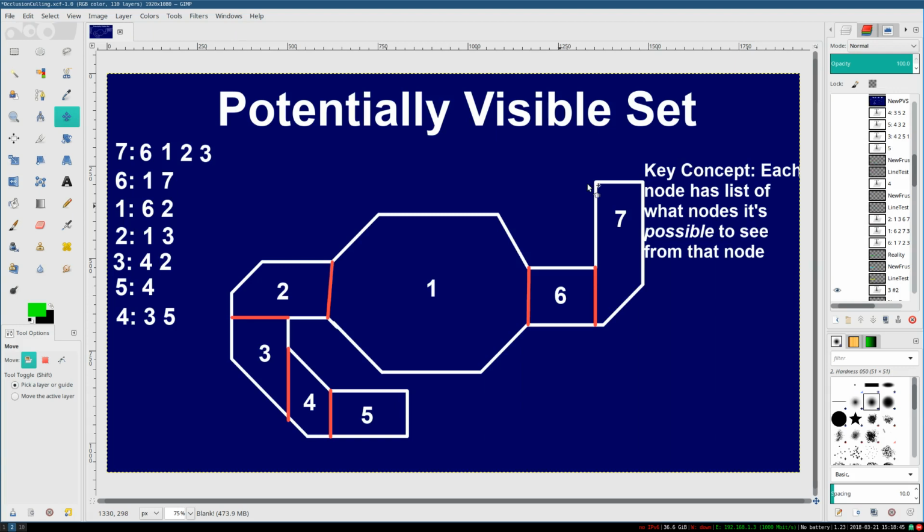So, lastly, we have to do that same line of sight frustum clipping thing for all the remaining nodes to get the final potentially visible set for every single node. So I'm going to go through this rather quickly. If we do that for node 6, we find out nodes 2 and 3 are still visible, so that's the final potentially visible set for node 6. For node 1, 7 and 3 are visible. Node 4 is not. For node 2, 6 and 7 are clearly visible, and the rest is a little bit interesting,